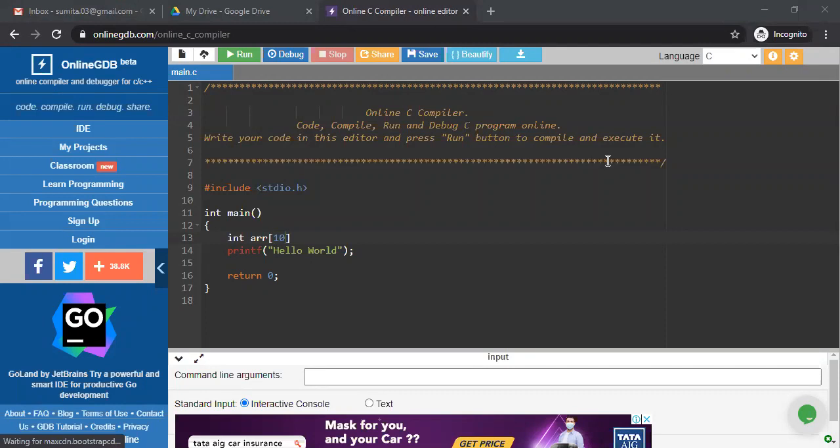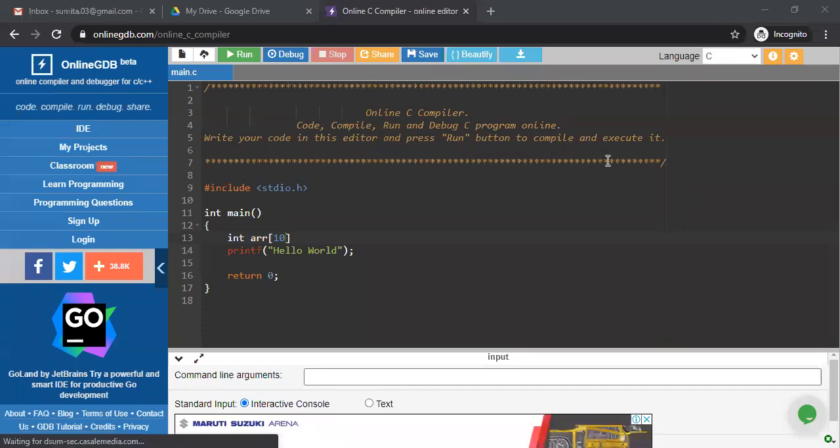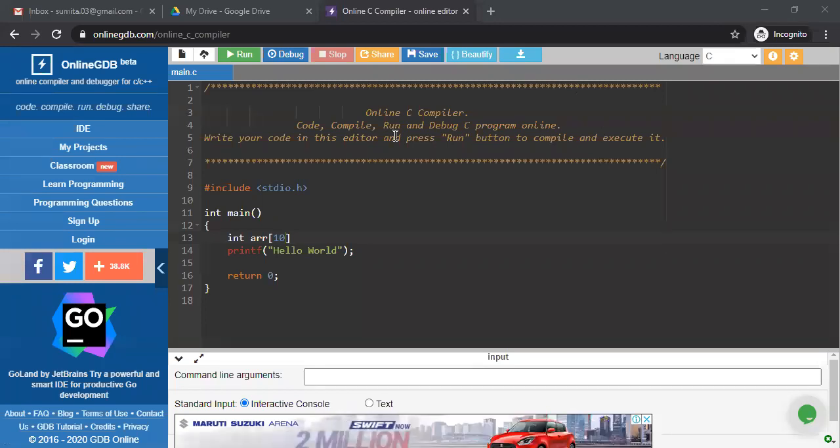Why? Because I don't know how many elements we have. Suppose I am giving 5 elements, someone is giving 7 elements, someone else is giving 10 elements. So we are taking size 10. If you want, you can use a bigger size, or a smaller one.